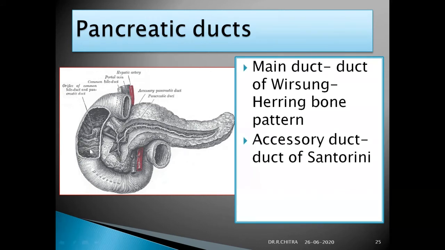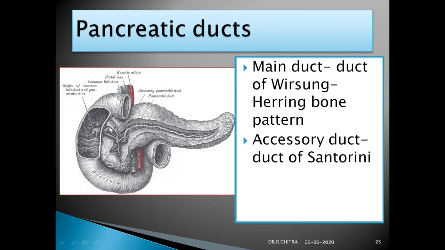So that is the main duct of the pancreas, the duct of Wirsung. It begins in the tail by a number of smaller ducts and passes from left to right through the body, midway between the upper and lower margins of the body of the pancreas, close to the posterior surface, so that it will receive so many small ducts like this. So it is described as a herringbone pattern.